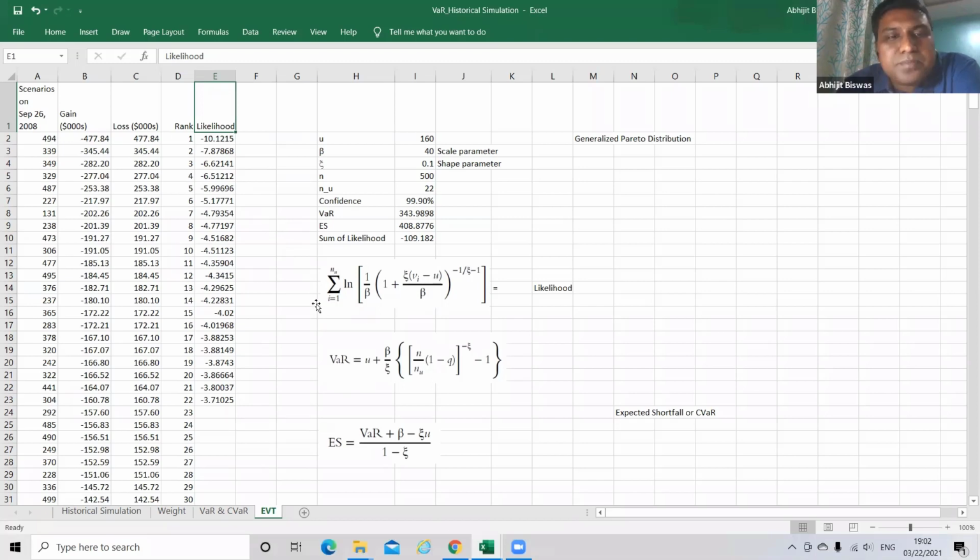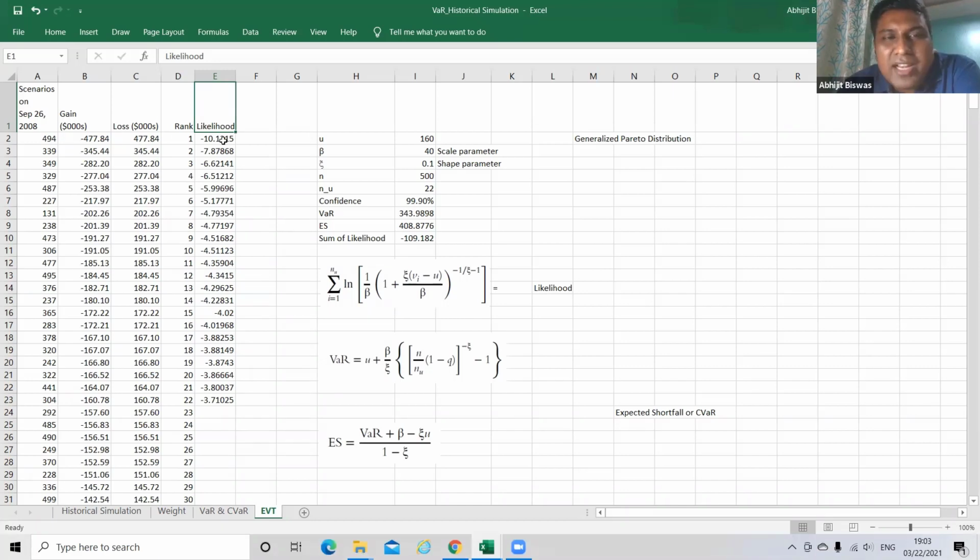This is the formula: ln of 1 by beta into 1 plus xi into vi minus u, where vi is the loss in a particular scenario i and u is the threshold, divided by beta, whole to the power of minus 1 by xi minus 1.